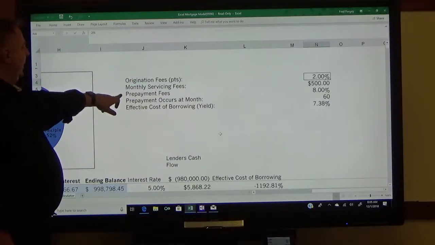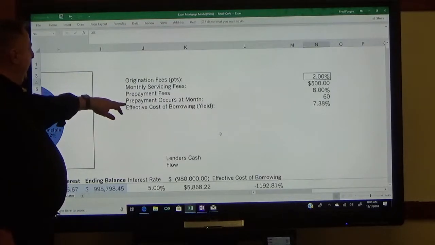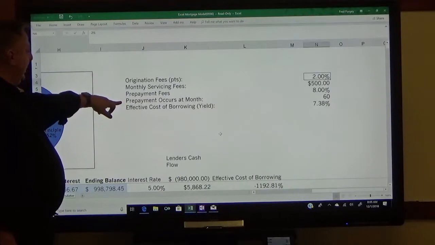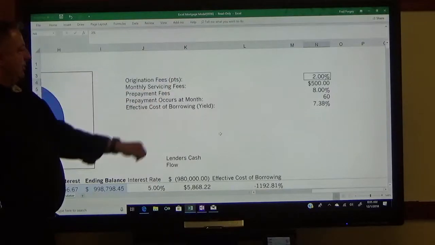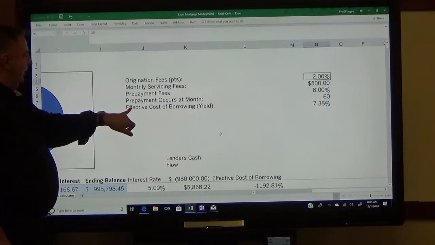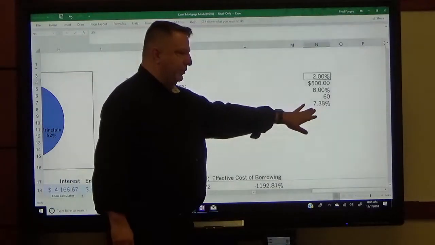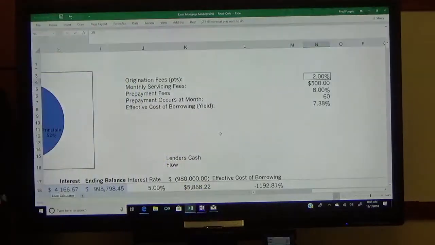Prepayment fees, 8% of the outstanding mortgage balance if the loan is paid off early. And in this case, we're saying that the loan is prepaid at the end of 5 years or 60 months. And then the one piece that we're solving for here is the effective cost of borrowing or the lender's yield. Okay, now where that comes from,